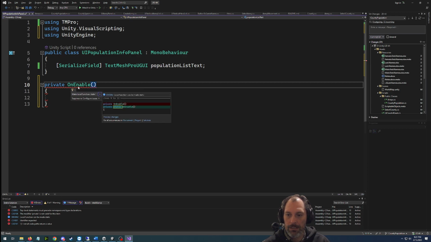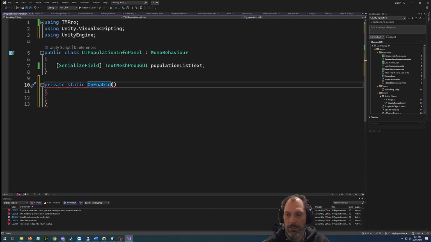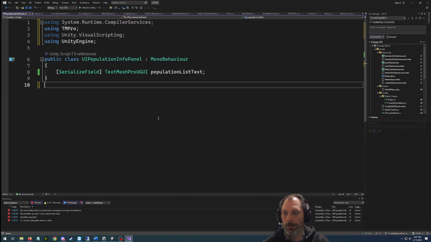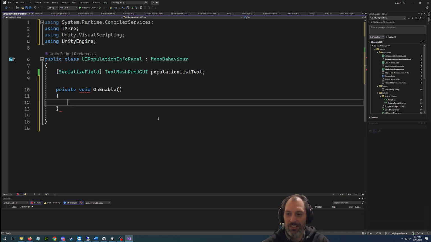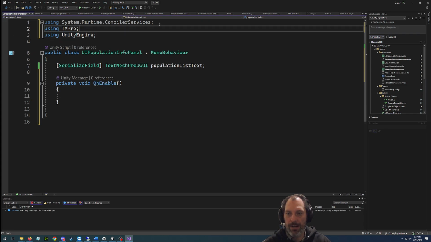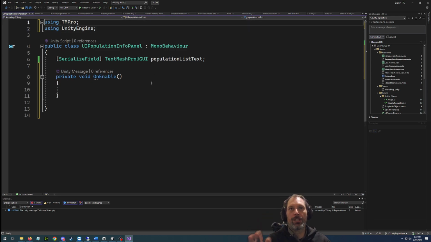Alt for fixes. Static? No, we just need a void one. Private void. Why does it want static in there? Let's start over. Oh, I see what the problem is. I went too low. Void. Private void on. You know, I may have used on enable, but I've never typed it out or known what it was for. But each time we open up